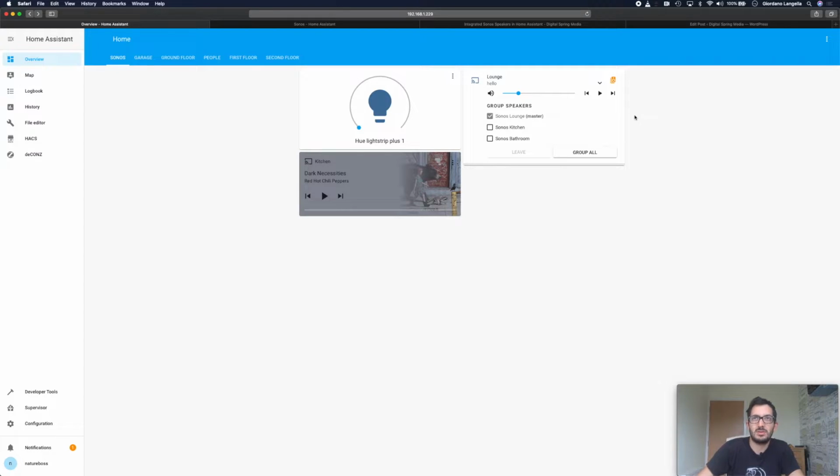Cool. So once you've added in your favorite songs, they should appear in Home Assistant. If they don't, just give it a while or try giving it a reboot. But that should work. And at that point now you can pick songs and you can play them across all three